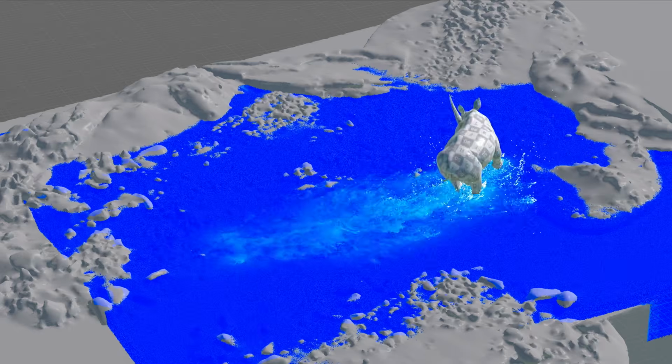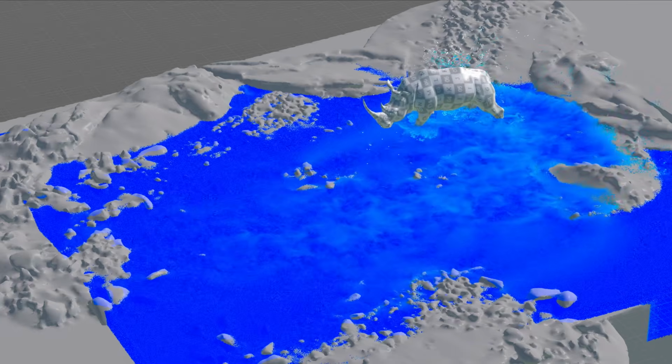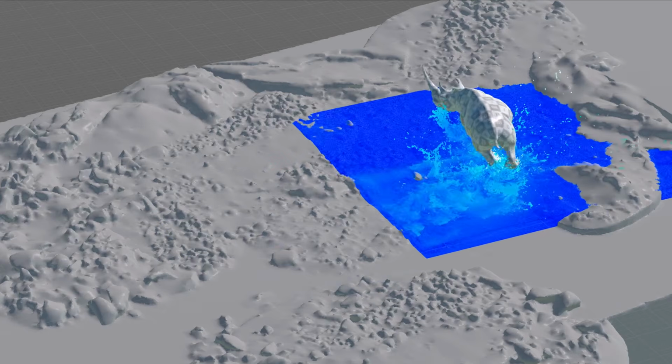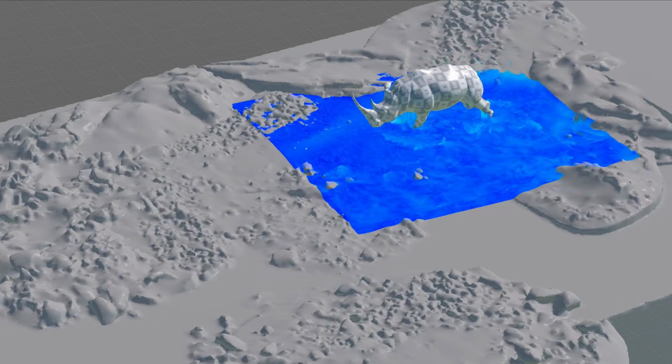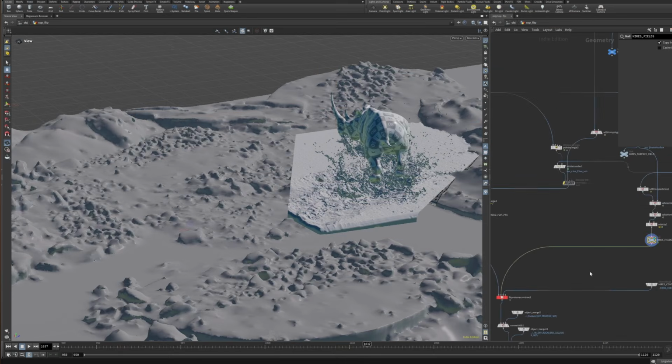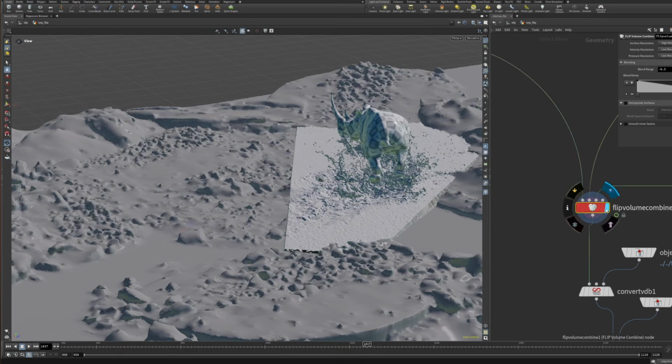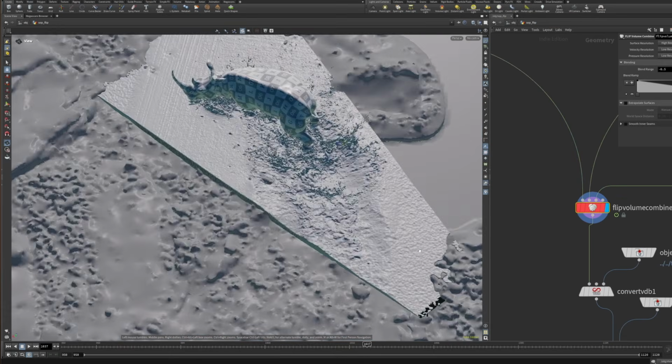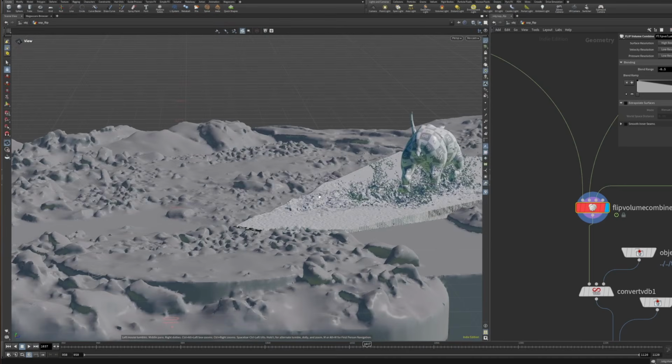Alright, now let's create some fun water simulations. I started with a low-res flip tank to get the general motion for the whole area. After that, I ran a second sim at higher resolution, focused just on the Rhino's area. This gave me detailed splashes and surface breakup where it matters the most. I merged both sims and blended them into one clean surface, keeping performance manageable while still getting detail in the